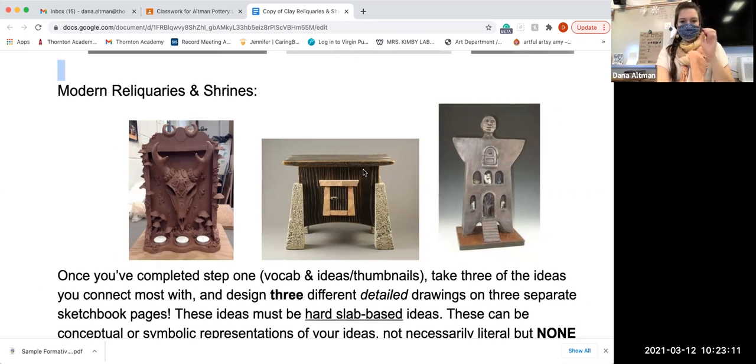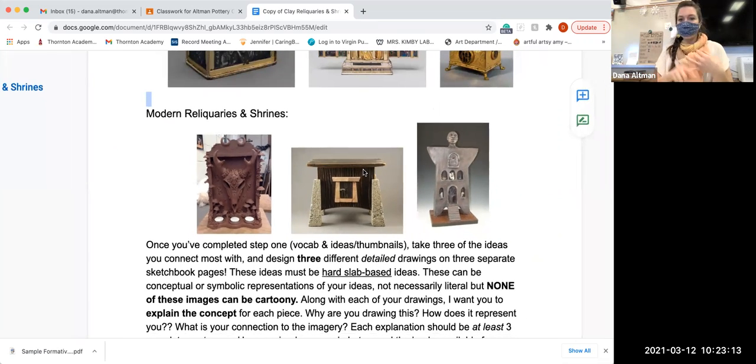So once you've completed step 1, which is the vocab and ideas and thumbnails, and hopefully you all did that because it was due last class, you're going to take 3 of those ideas that you connect with the most and design 3 different detailed drawings on 3 separate sketchbook pages. I was talking with my other class this morning about this,